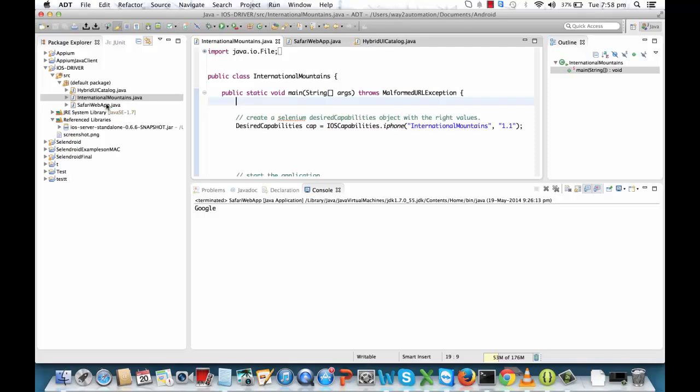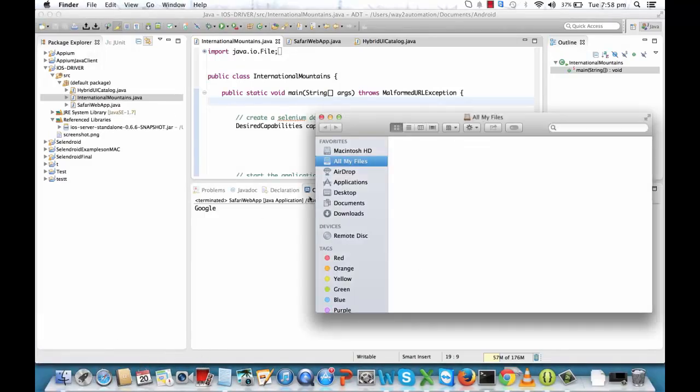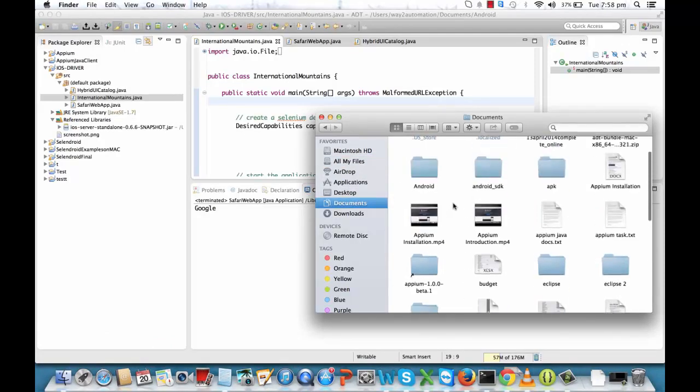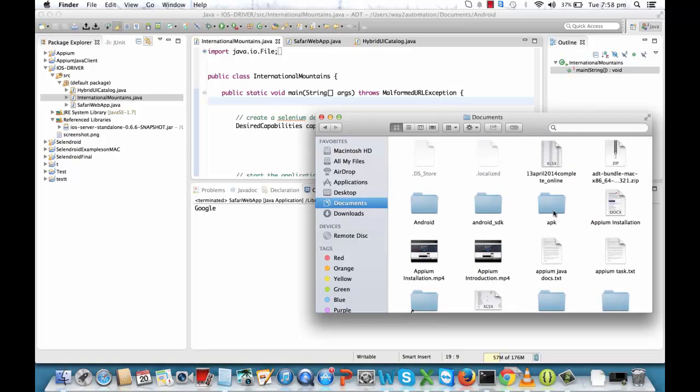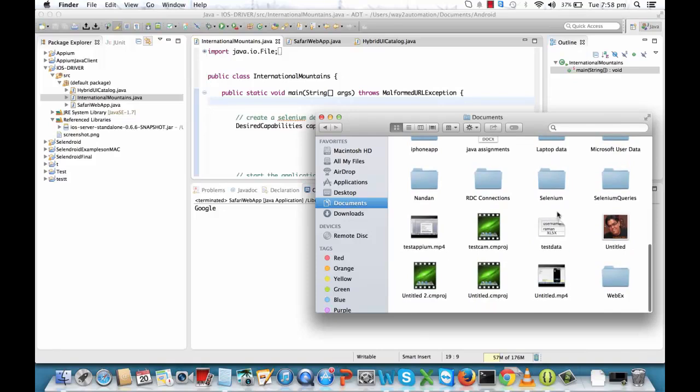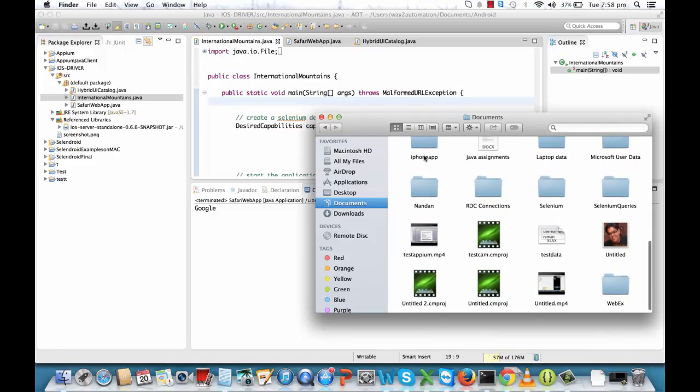The simulator is the same that we have already seen in the case of Appium. We have installed Xcode, right? Xcode comes with iPhone and iPad simulators. So what I'll do, I have kept my app files over here somewhere in my text documents, and the location is iPhone apps,